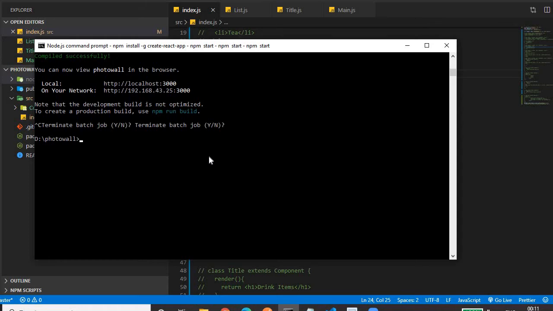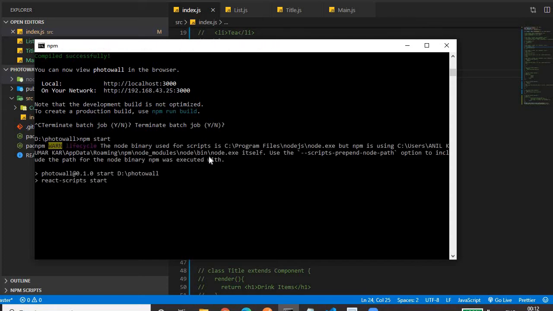Now I want to build my project, or compile my project, so that I can run it in the browser. For that the command is npm start. Okay, this is the command, npm start. It will compile your application and start a live server for you so that you can host your application in that live server. Okay, so let me press enter. You'll see it will build my application. So it is building my application.